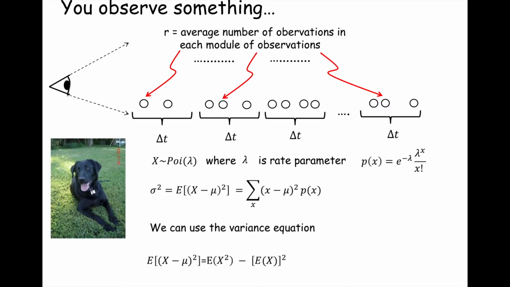Okay, so we can use something called the variance equation. I'll take a segue for a moment and actually prove the variance equation. If you want to compute this variance, E of (x minus mu) quantity squared, that's nothing more than the expectation of x squared minus the expectation quantity squared. And that comes from the definition of variance, and it's a popular substitution or identity that's used all over. So let's take a look at what variance is.